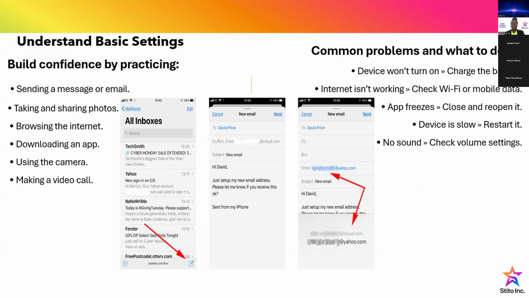Not just checking, we also need to reply at some point or even compose email. So we'll see that in other classes, moving forward. So we would have that confidence before the end of this training to send a message, to send an email, to take photos, use the cameras, take videos, and share them ourselves without needing somebody else's support to do that for us.